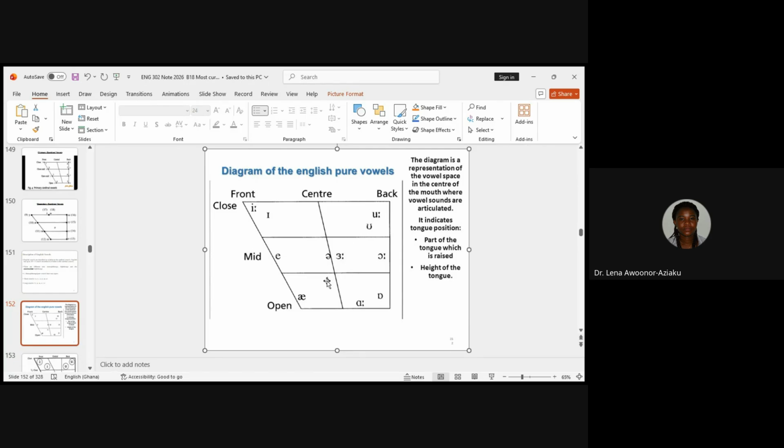Then we have number 10, which is strut. You see it mostly in U. Strut vowel: sun, but, cut. So strut, S-T-R-U-T, strut. Then we have the almighty number